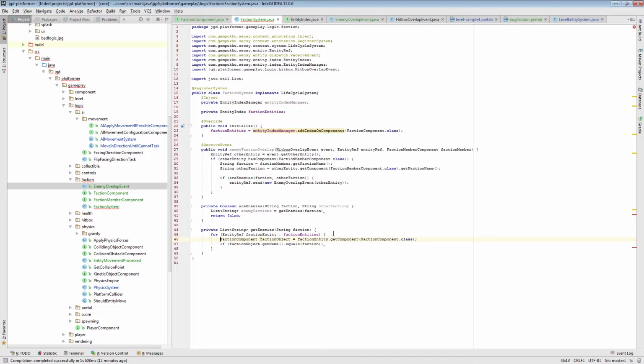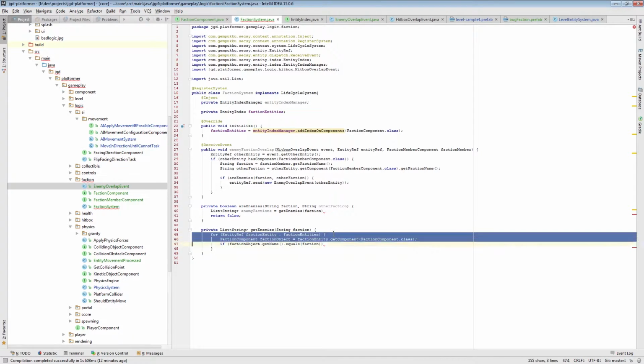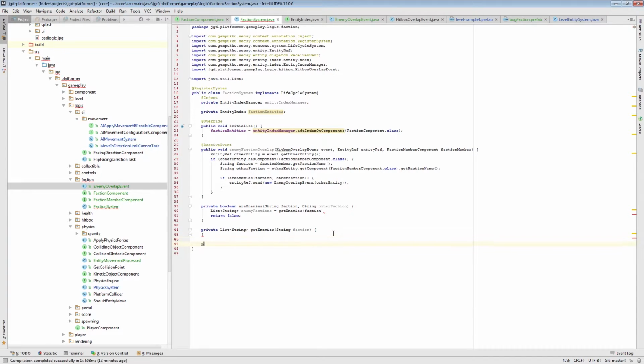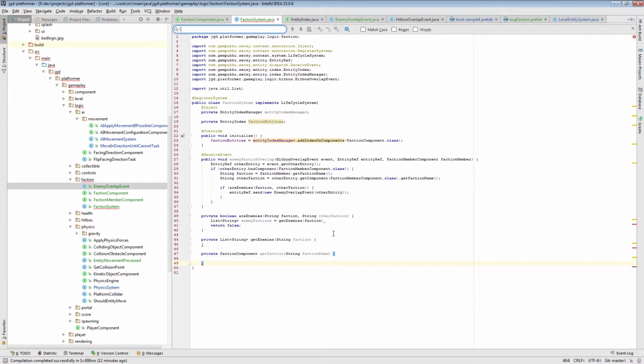Okay, maybe I should instead create a method get faction name like this, so that I might be using it later. What happened there? Okay, let me type it quickly again. No, wait. Something weird happened. Get faction name,